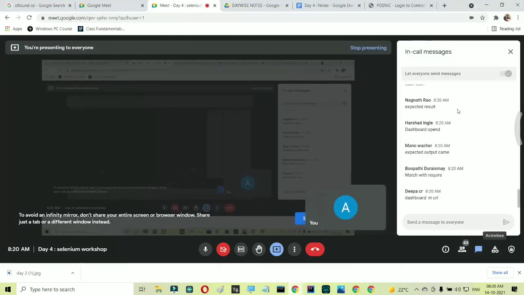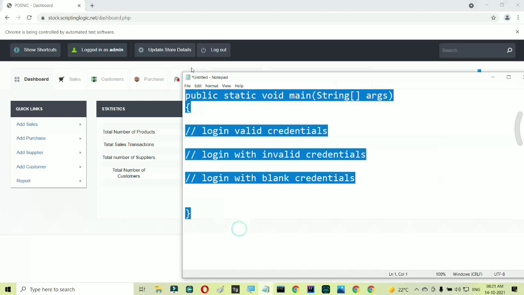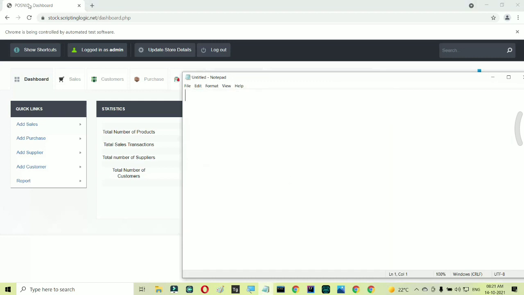Match with the expected requirement. What was the expected requirement? The title should be right. So the title should be equal, here the title should be POSNIC dashboard. Okay, so this is one of the expected results. I need to write code for it, right?